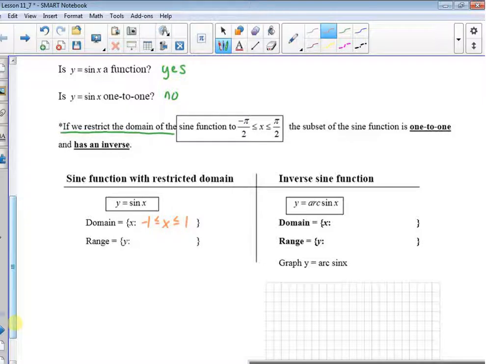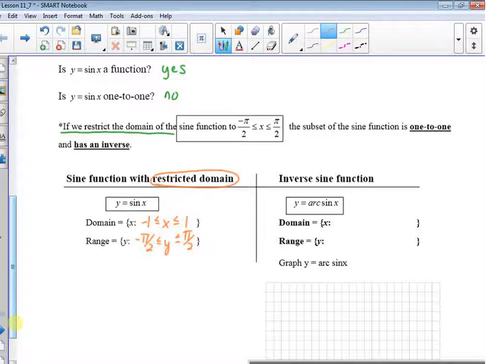The range is negative pi over 2 less than or equal to y less than or equal to pi over 2. Key here is that it's a restricted domain. Otherwise we'd say the domain's all reals for sine, but because we're looking at the inverse, with the restricted domain and the range,